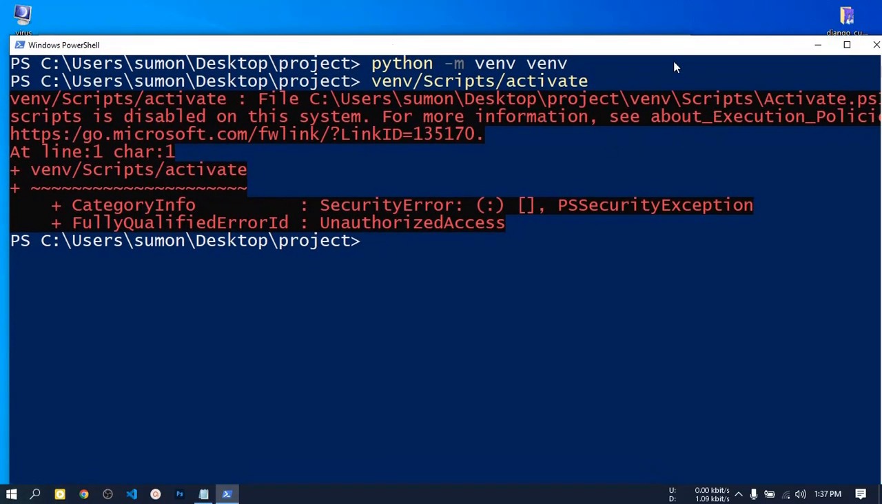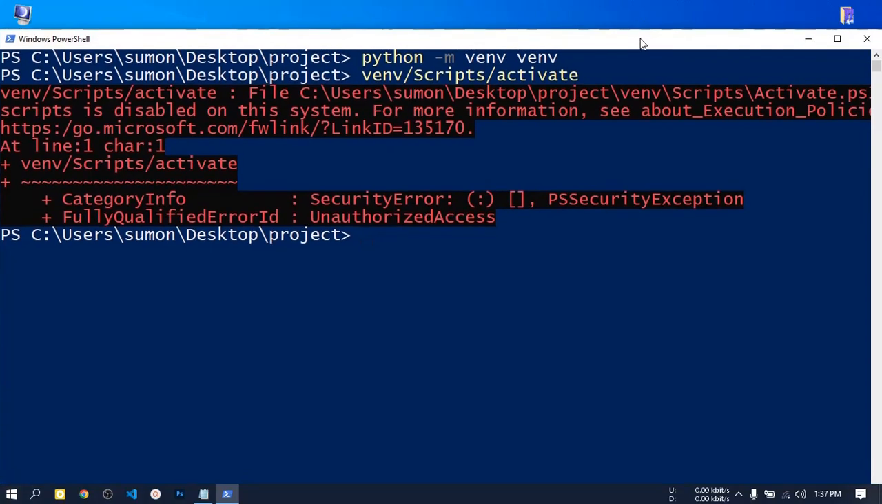Running script is disabled on this system. Okay, for fixing this issue,